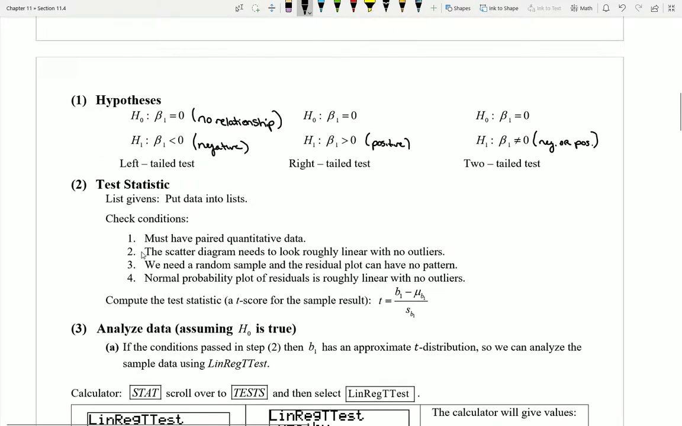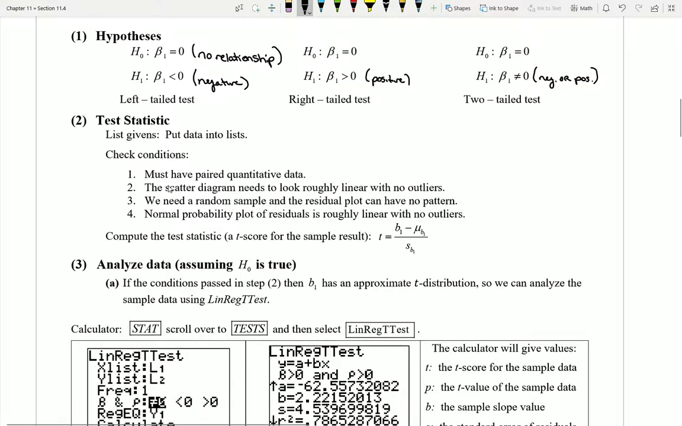If I take a look at the next step in doing a test statistic, I'm going to have to enter some data into lists to run that LinRegTTest that we've been using for the past couple sections. I need to make sure that I have paired quantitative data, and if you take a look at checks 2, 3, and 4, what we'll see is that these checks are really going to require that we're able to understand information from